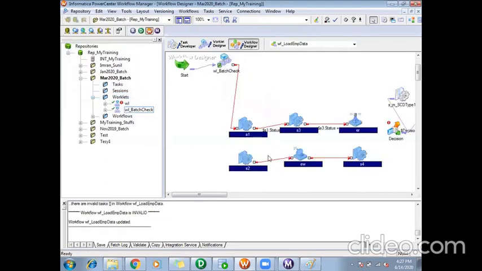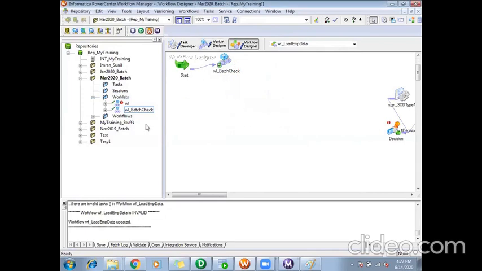And then here, instead of those many tasks, they will replace it with a single worklet. So it will be more readable and it will reduce the complexity of the workflow. So instead of having so many tasks within a workflow, for each module they will create a worklet and they will use as many worklets as possible in their workflows so that it will be more readable.